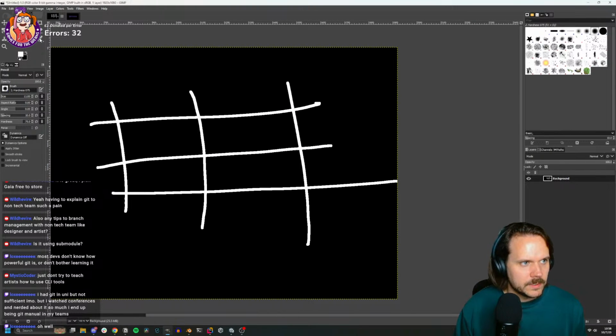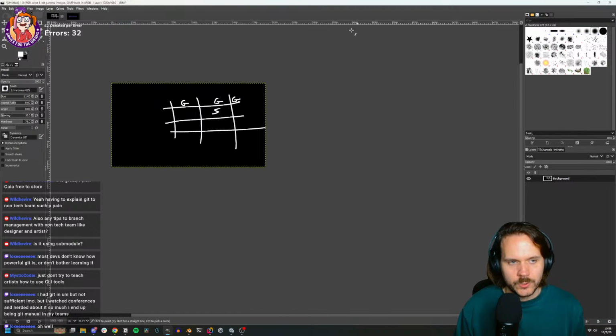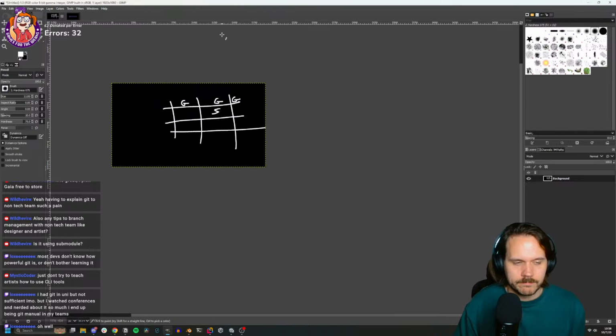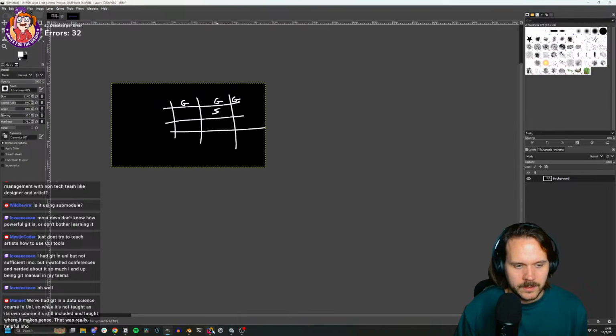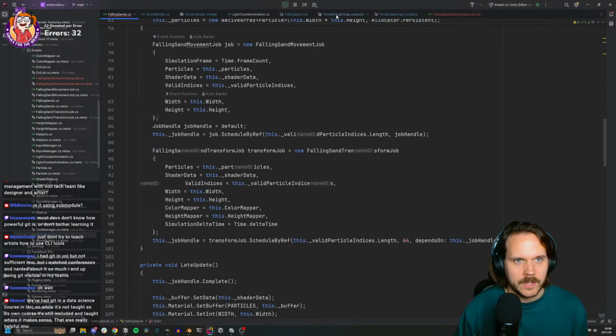So currently we're doing this. If we have a sand particle, we check if any of the neighbors are grass, right? And if that's true, then we check in a 20 grid or 20 unit radius if there's water, and that's how we have the water expansion going. And that's super inefficient, and it scales quadratically, so it's like O(n squared),